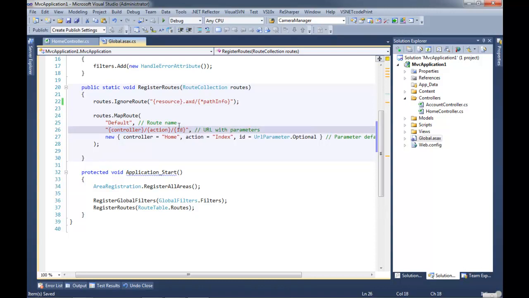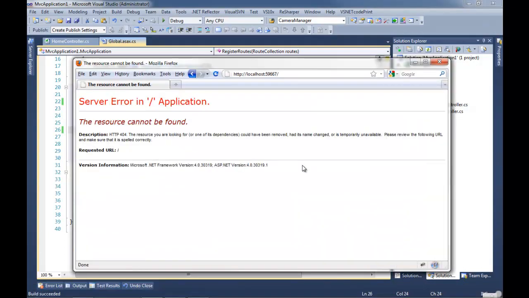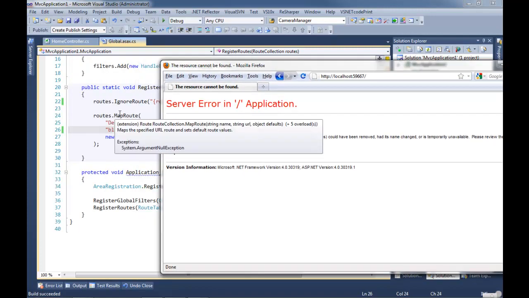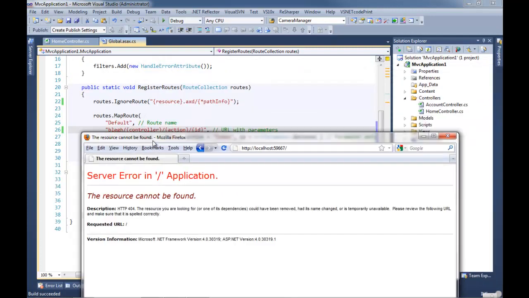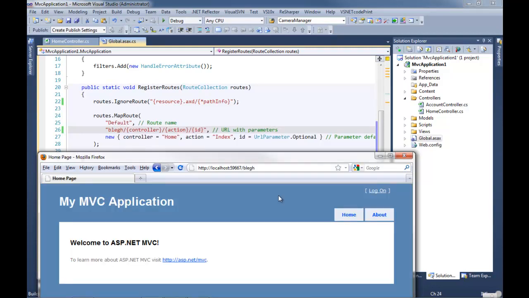Watch what happens when I do this. And then I'm going to hit Control-Shift-B, which will recompile my application. And in recompiling my application, refresh will result in an app reboot. And the app reboot will reload this MapRoute with our new values. And so you notice that this empty URL no longer matches any of these routes, in this case, one route, unless we do this. So now it matches.